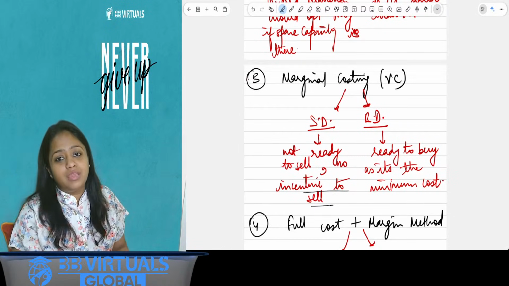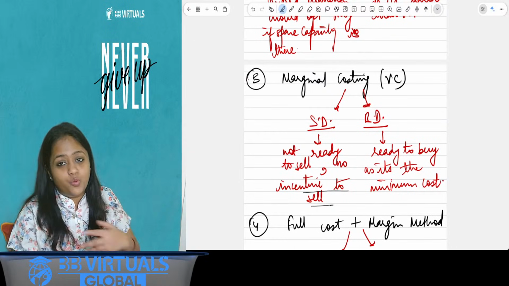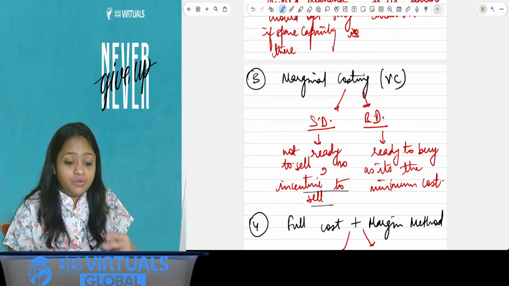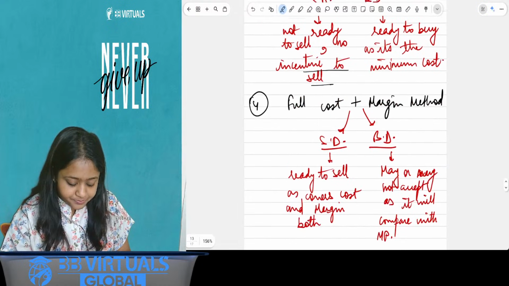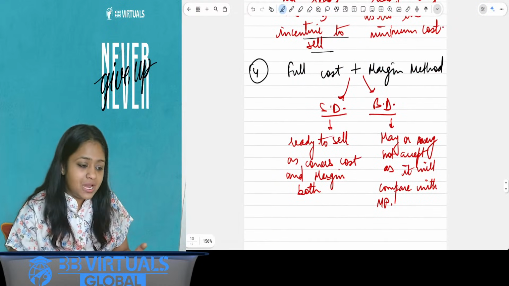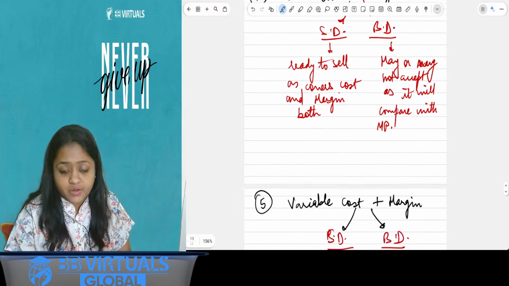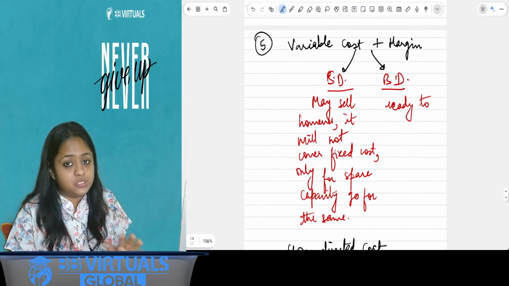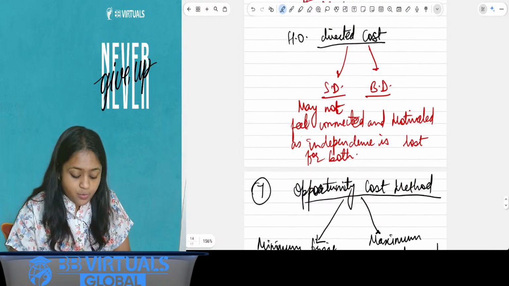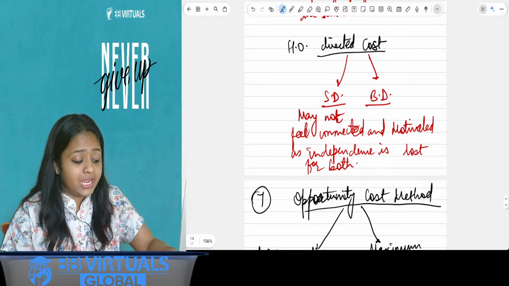Division B will be more than happy. It's kind of the minimum cost below which they will never be able to buy. So they would always be happy to buy it. Now, full cost plus margin approach, again, you can just cover it, full cost plus margin, variable cost plus margin at the same lines. I will now come to one more cost, which is HO directed,